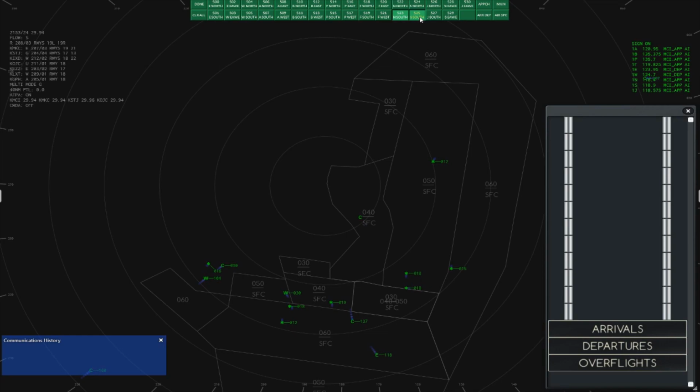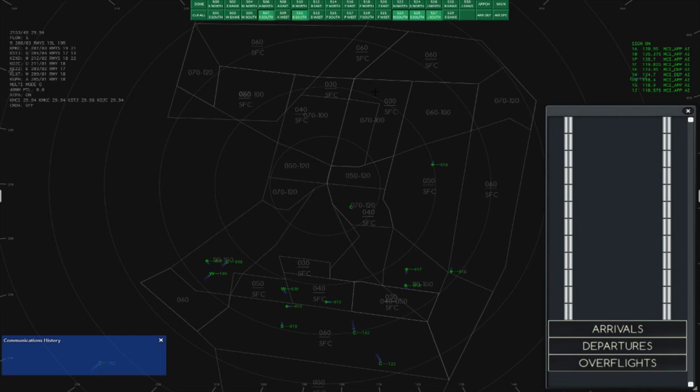Now we're looking at the satellite sectors. There are 3 of them in Kansas City, and all in all they take up pretty much of the airspace of the departure sector. So you really just own from surface to 15,000 if the specific place isn't owned by the arrival controllers or